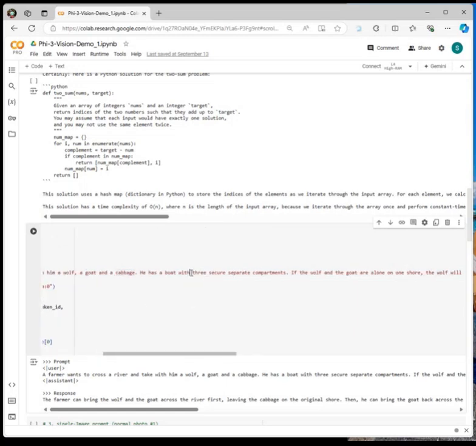Now, he has a boat with 3 secure separate compartments. If the wolf and the goat are alone on one shore, the wolf will eat. I mean, we classically know this problem. If the goat and cabbage are alone, the goat will eat the cabbage. So how can the farmer efficiently bring the wolf, the goat, and the cabbage across the river without anything being